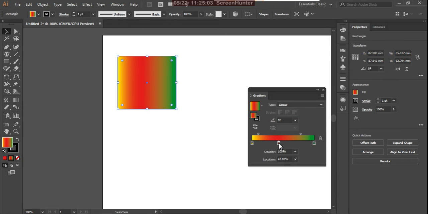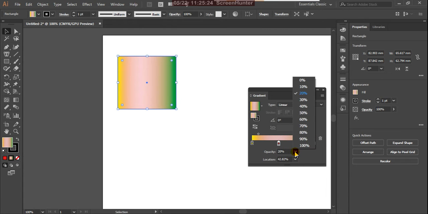And here opacity is also there. If you want some particular color's opacity at 20% only, see, the color is almost gone, the transparency is also showing that. The same way you can use whatever percentage you want.